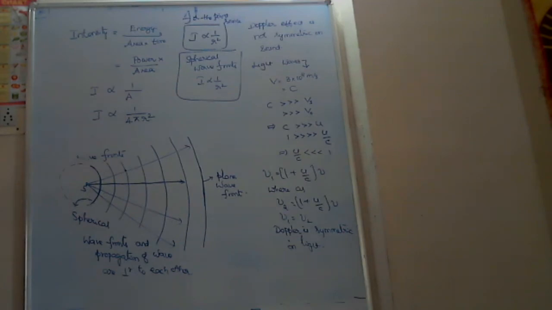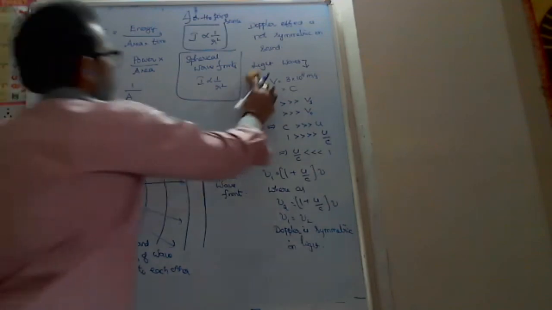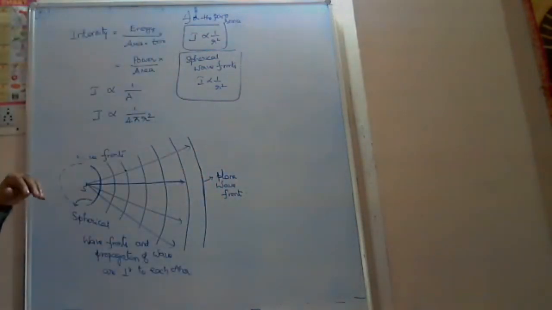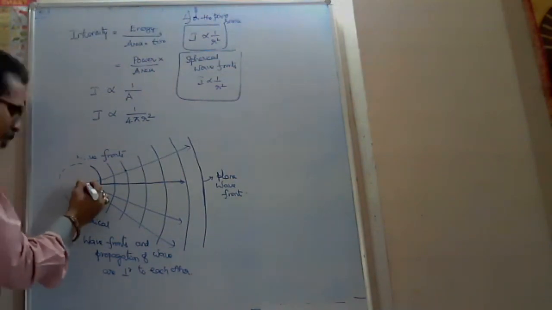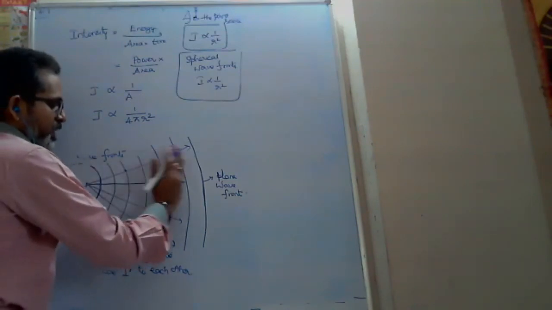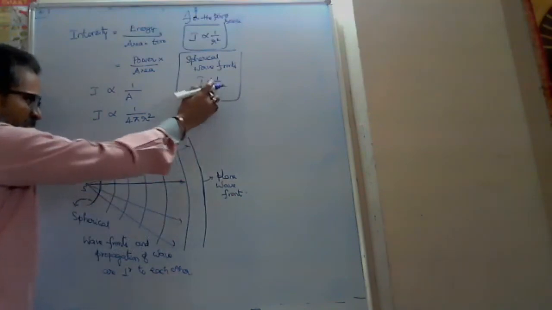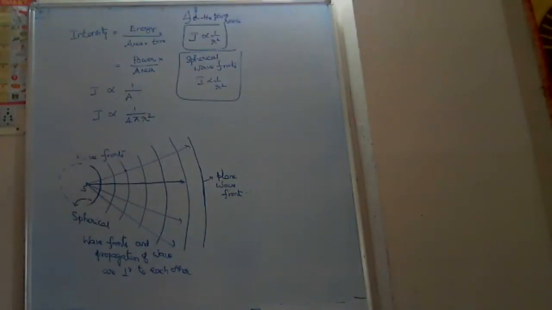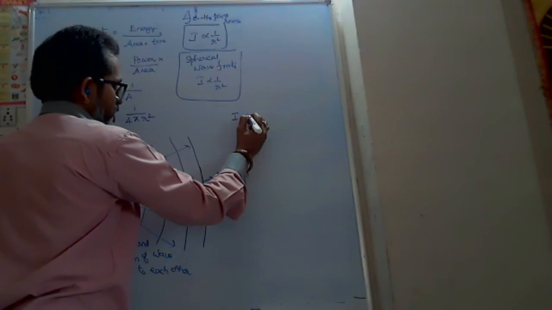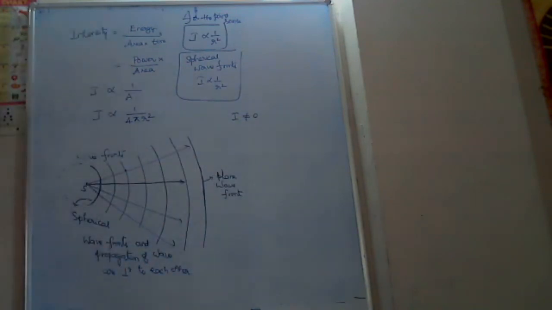Understood this concept, Nana? Yes, sir. Then here you can understand that when the distance is increased, intensity appears to be decreased or increased? Decrease. So from the point source of sound, when you go away and distance is increased, the intensity is decreased. Due to persistence of hearing, the intensity won't become zero; before reaching the zero value, I is still not equal to zero.